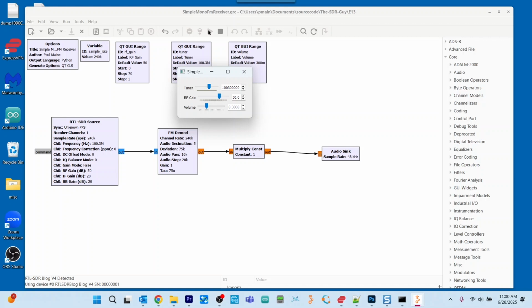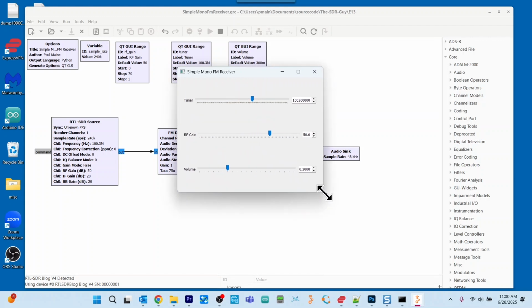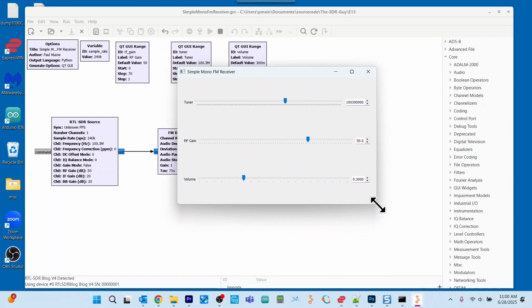And there you go. It is working perfectly. We can enlarge the GUI interface, and this is what we see. If you want to make the volume 0,